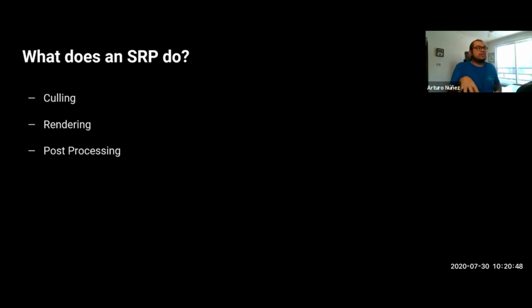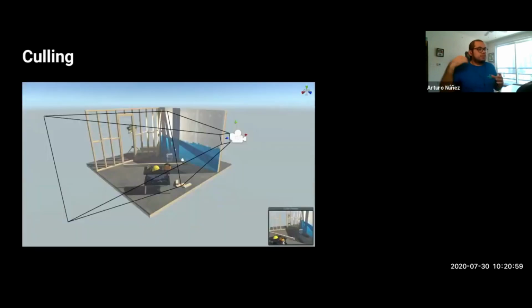So a render pipeline, basically, the abstraction takes us to consider 3 steps. A render pipeline is in charge of 3 things. One is culling, the other one is rendering, and the third one is doing the post-processing. So what does culling mean? Basically, culling means to get some sort of data structure of all the objects that exist in our scene that might be rendered. I say might be rendered because even if we say, okay, this is the list of objects that we want to render, some of them might end up not being rendered,